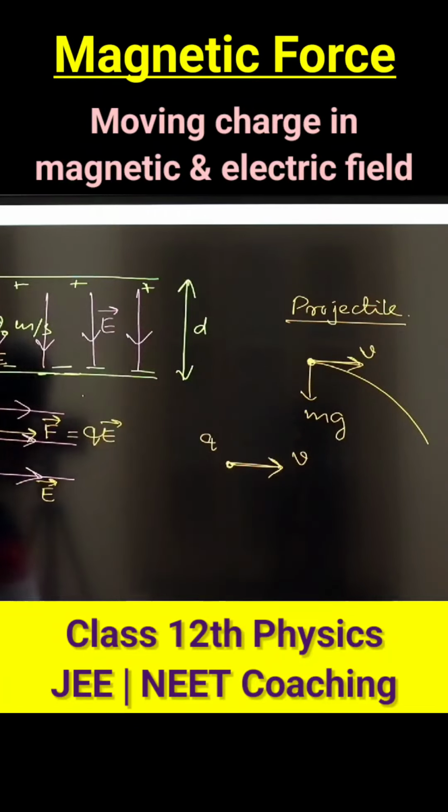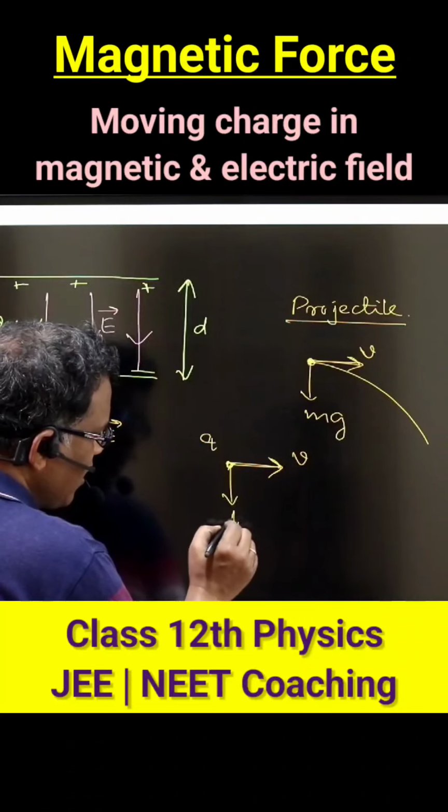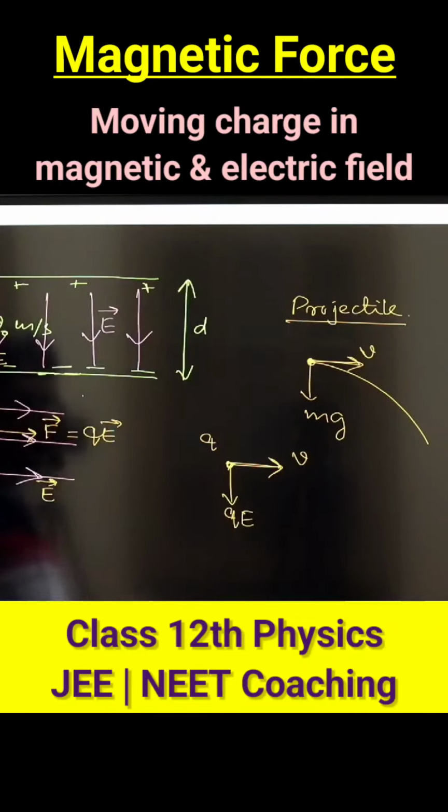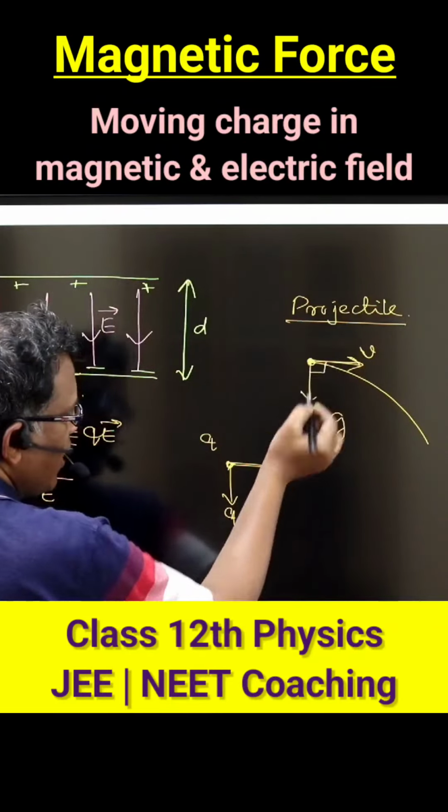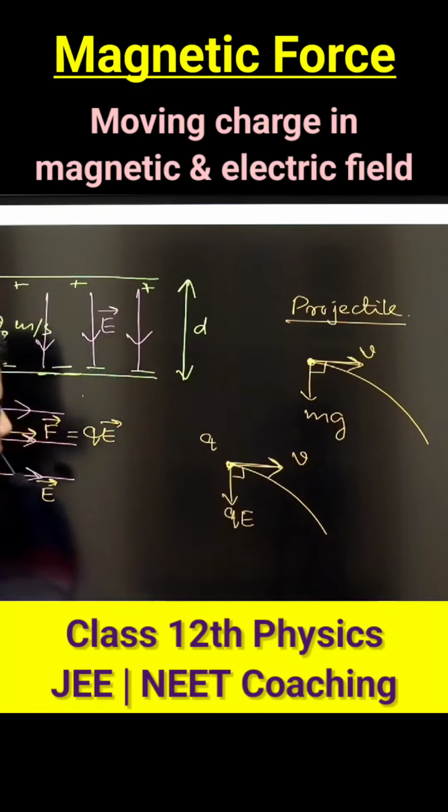Suppose I consider it is horizontal, though nothing has been mentioned like that, whether the plates are kept one above the other or not, but at least we can say the projected velocity is parallel to the plates and electric field is perpendicular to it, means force is perpendicular. So you can say whenever force and velocity are perpendicular, it has a possibility to follow the parabolic path.